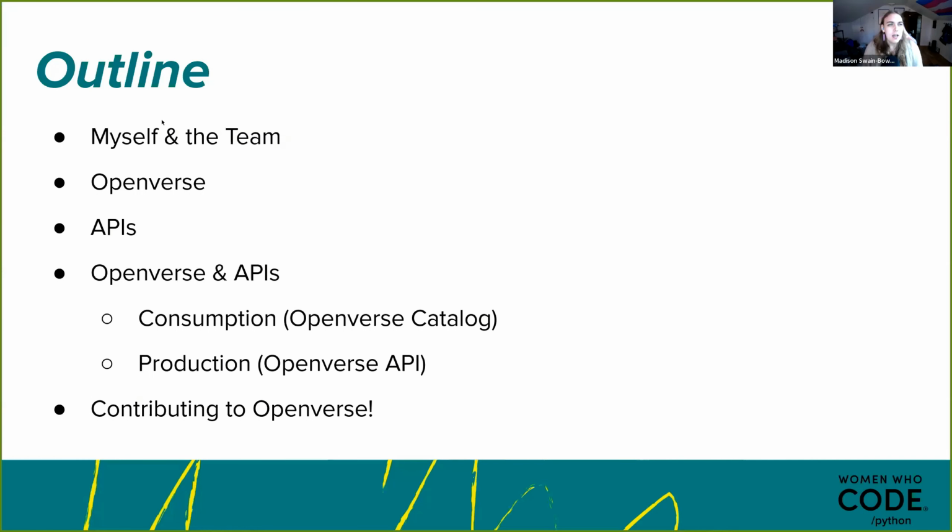So our outline for today, I'm going to talk just a smidge about myself because I've had a great introduction so far already. I'm going to talk about what Openverse is. Openverse is the project that I work on. I'm also going to give then a brief overview of APIs in general. The assumption that I'm making here is that you might have a little bit of experience with Python, but might not have any experience with APIs. So some of this is going to be really foundational, but we'll keep building on that. And there's plenty of resources out there to continue that learning and that building.